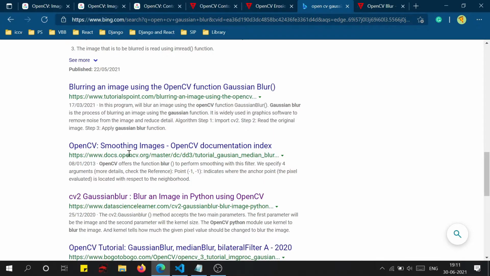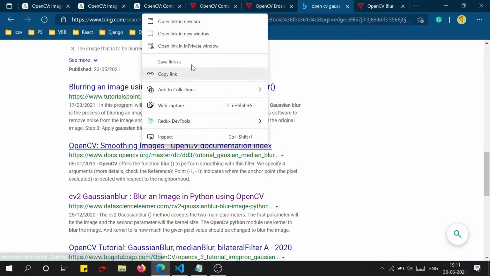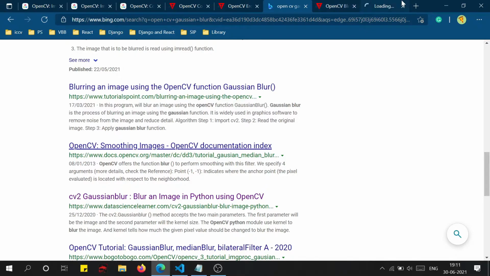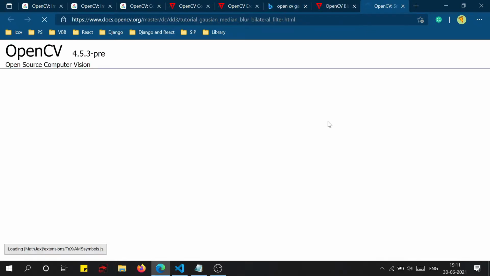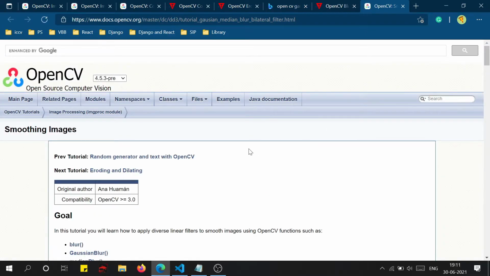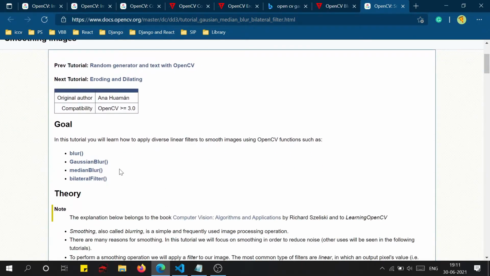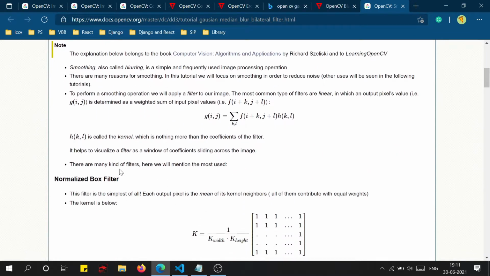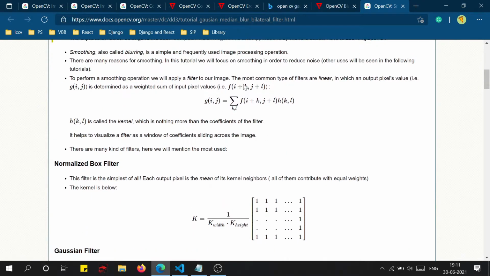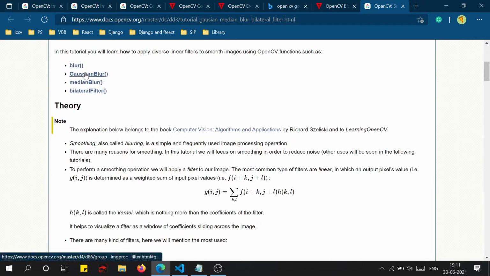docs.opencv.org, and you should give this a read. This is the official documentation of OpenCV. Whenever you are stuck with a function, just open the corresponding documentation, and they have very nicely explained all the mathematics that runs under the hood. Okay, so if you go to Gaussian blur,